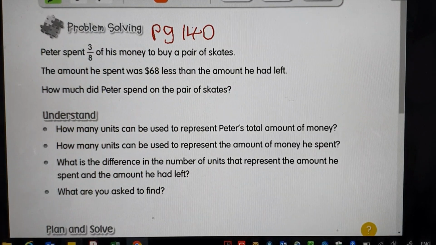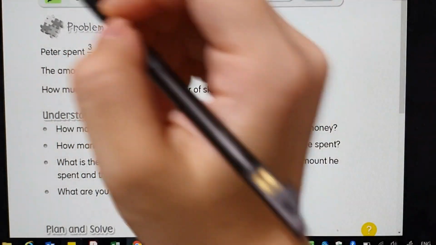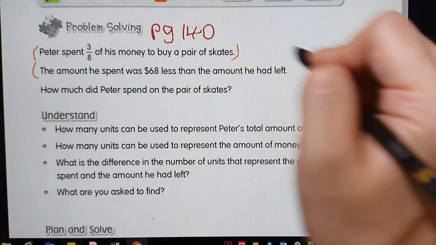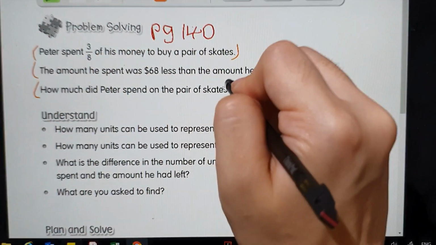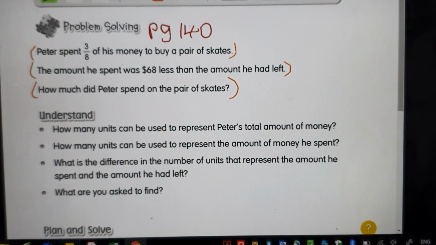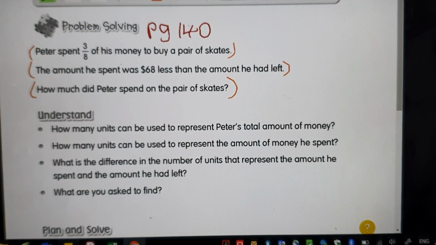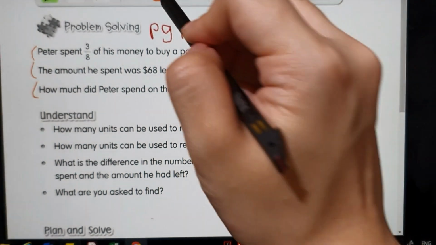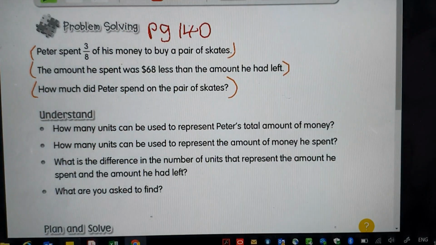Let's move on to the last question for today. Please turn to page 140 and let's look at the problem-solving word problem. So similarly, the first step we do is to break down your word problem into smaller sentences. So, Peter spent 3 out of 8 of his money to buy a pair of skates. So, if I were to draw a model for this,